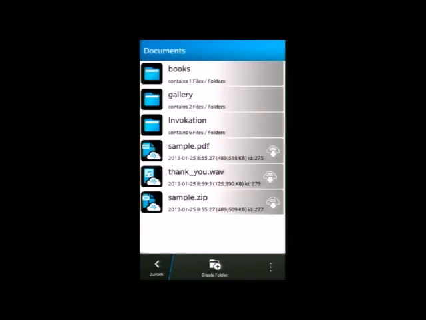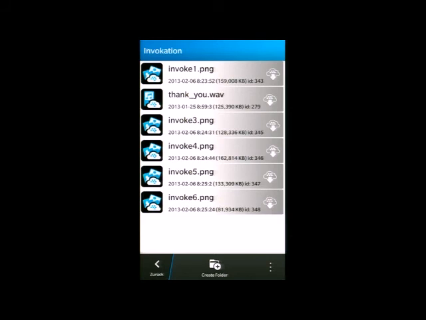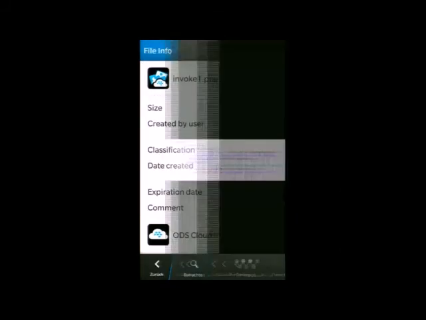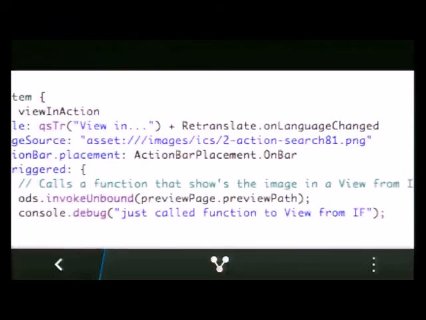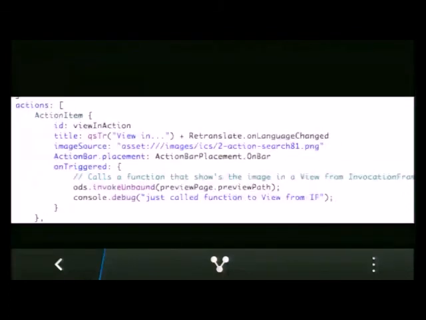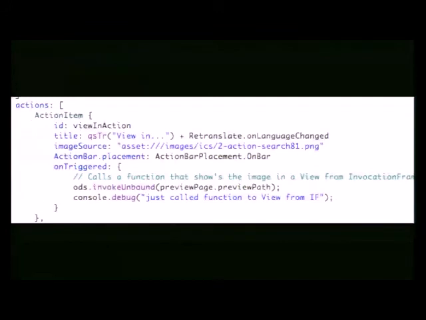So then it's easy to see what you have to do. Only really some lines of code, and in the moment I have here, you see I have the picture viewer, and I'm doing in this case an unbound invoke, only getting the file path from the file picker and sending this to the invocation framework, and by magic the PDF viewer comes up, and Docs2Go comes up, and the image viewer comes up, and so this is a cool way